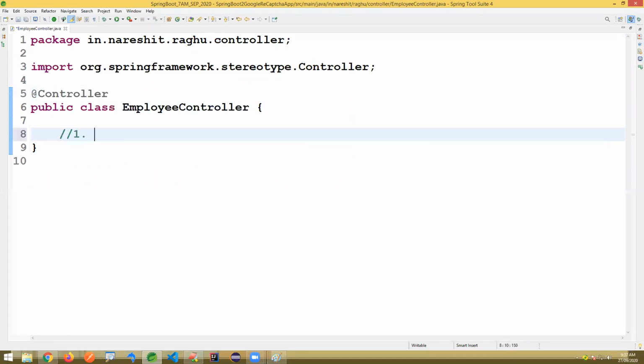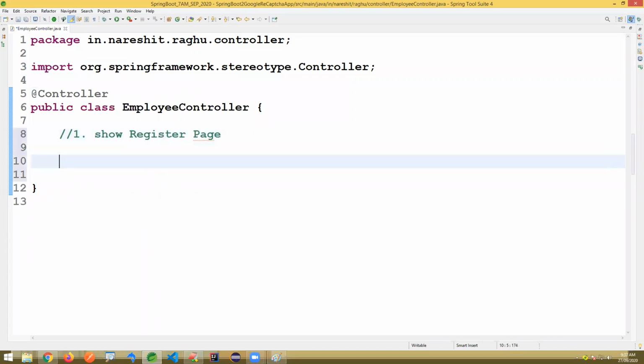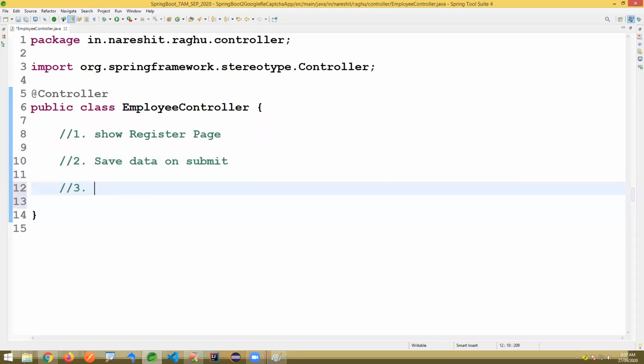There I'm writing method 1, to show the register page with a form backing object. And method 2, save data on submit after validation. Third one, display all records. These are the 3 methods I want to write here.